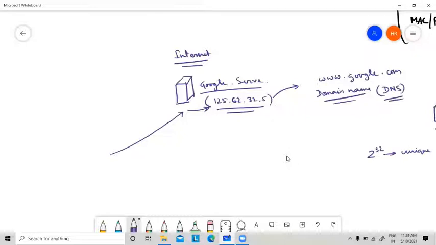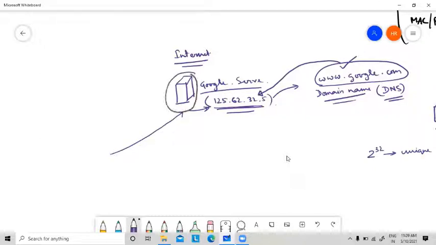So what is DNS doing? See, you cannot remember these numbers. This is very difficult, but you can remember this name. So we will type this name, and this will be converted to this IP address, because this device has some IP address. Now when you are connecting with this device, you should have one particular IP address. Suppose your IP address is this one.